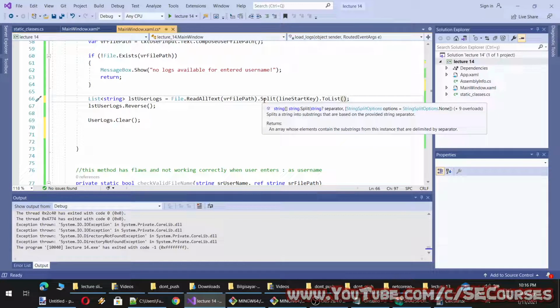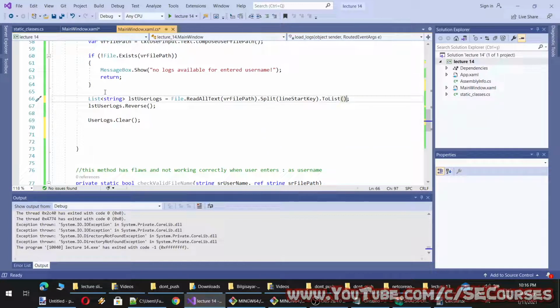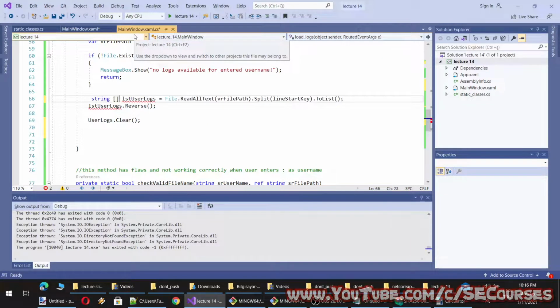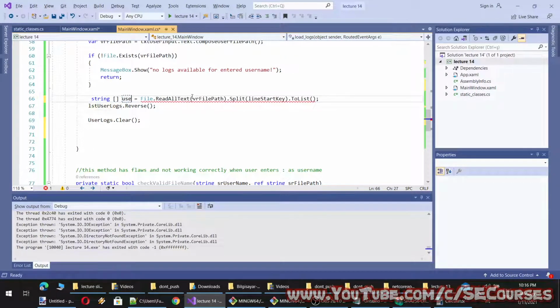I could also use array here because it is same, or I can use a string, it doesn't matter. So let's use array if you want, like this, user array, and I don't need to convert it to a list this time. And then I can use Array.Reverse and user array. You see, this doesn't return anything as well. So both is same. You can use this or you can convert to the string. Each one of these works.